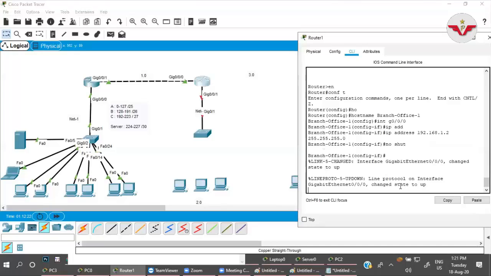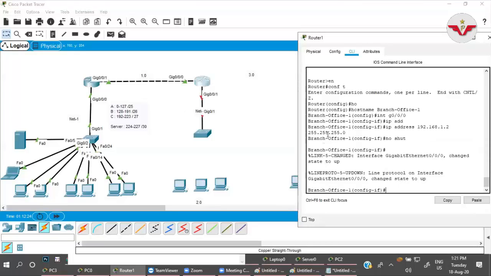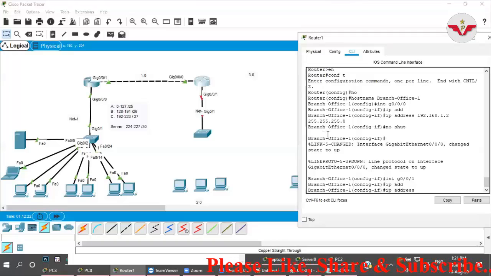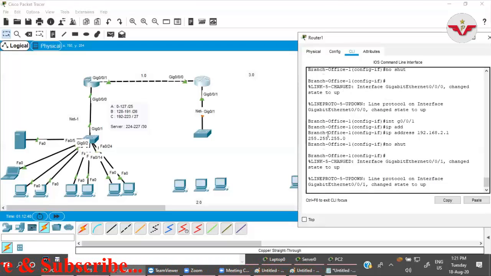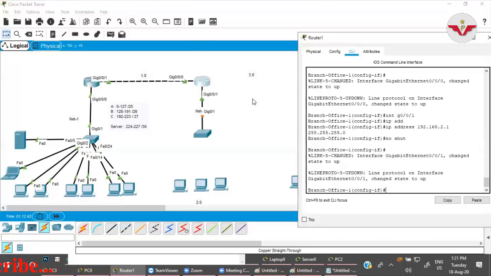No shut. Done. On this interface, g0/0/1, IP address 192.168.2.1, 255.255.255.0. No shut. Done.